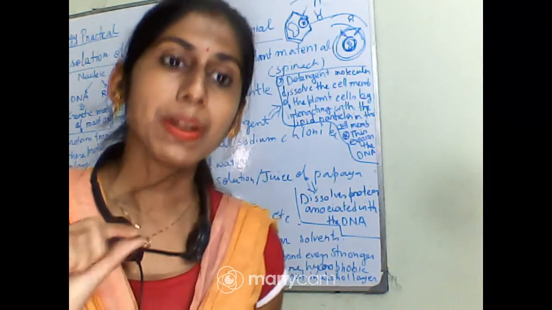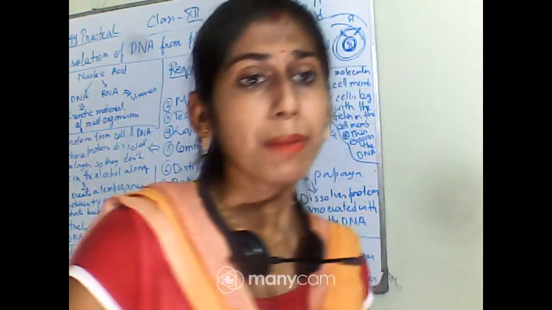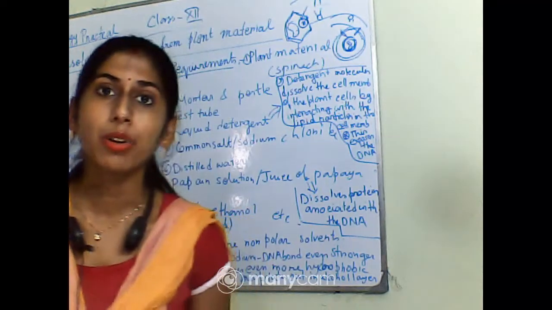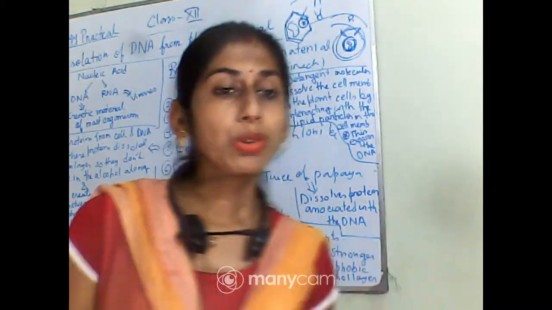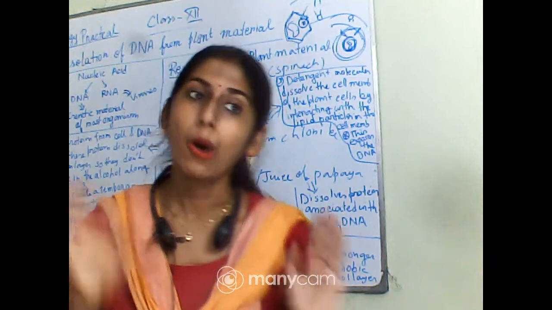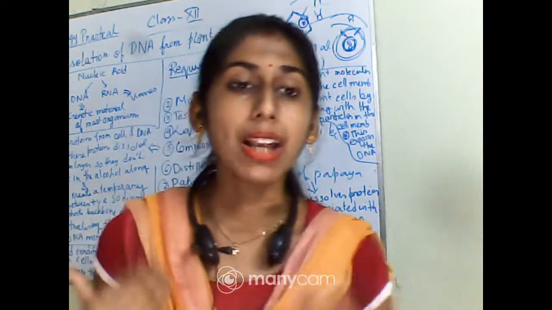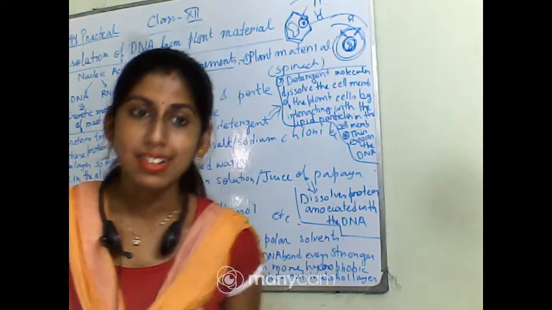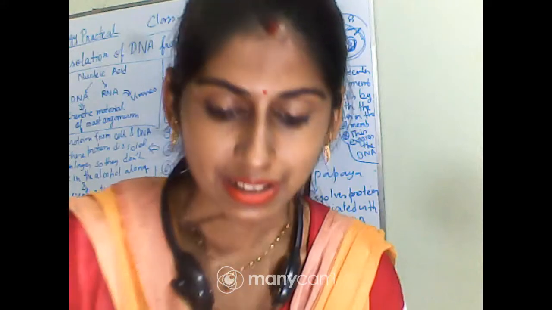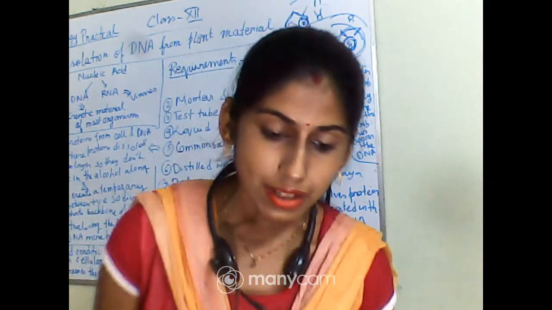Their eggs will be coming from the ovary, and on that particular site the fertilization of the egg and sperm will be taking place. Up to that portion, I have discussed in your practical. But what will happen after the fertilization? After the fertilization they will start dividing. They will start dividing repeatedly, and this is called cleavage.